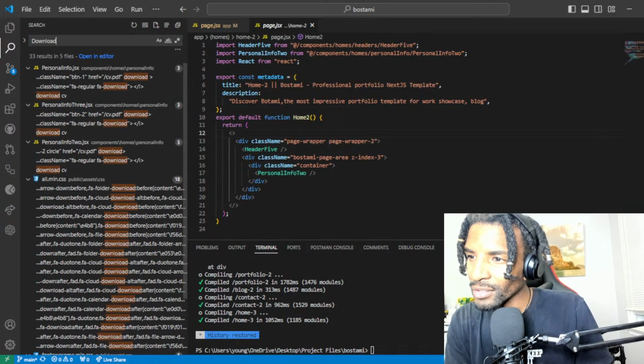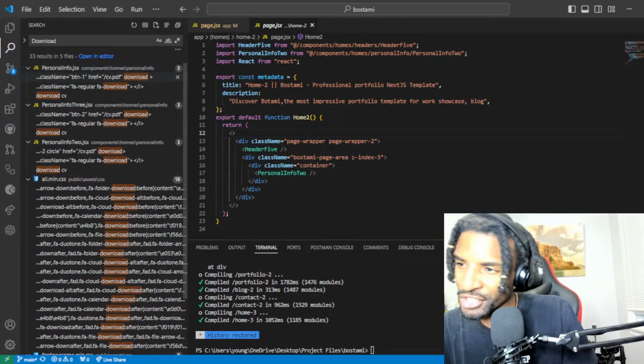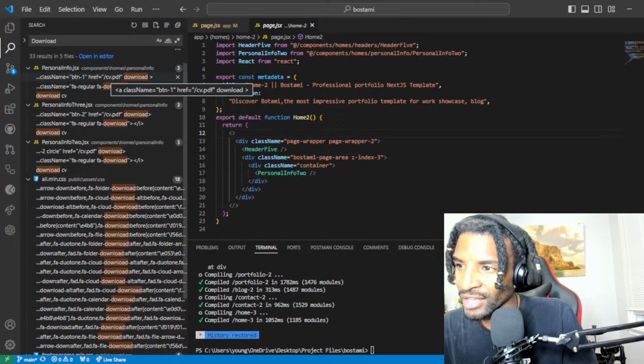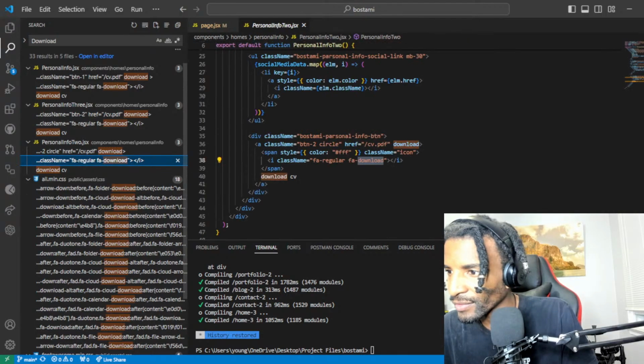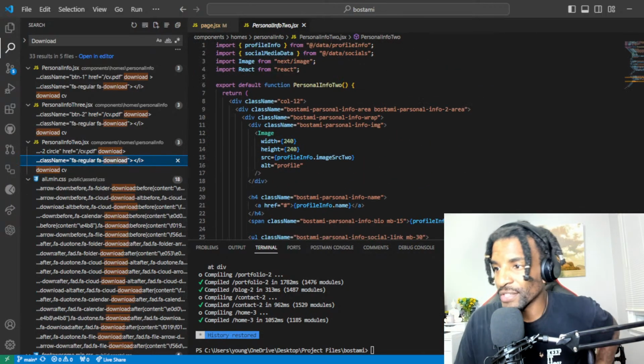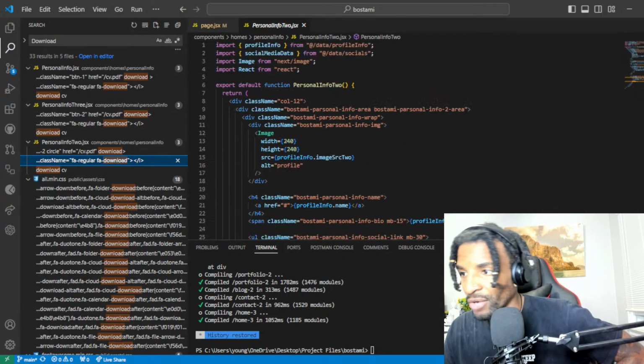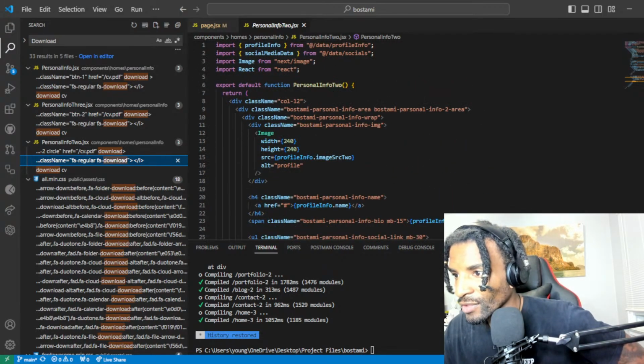Download personal info.jsx. That's where it is. Yeah, that's where it is. But we would be in 2. Right? It's this one. Okay, here it is. It was in the personal info component. Okay. So this is